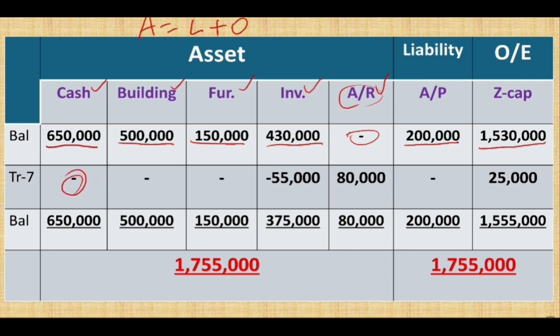In transaction 7, since the sale is made on credit, there is no cash involved. Cash is going to be collected in the future, so we don't have cash here. Building has not changed, furniture has not changed, but the inventory is reduced by 55,000. So after transaction 7, the inventory becomes 430,000 minus 55,000,